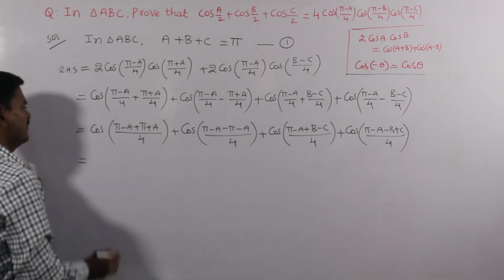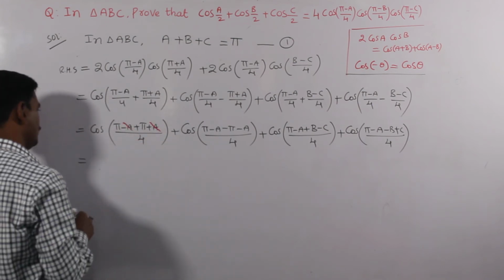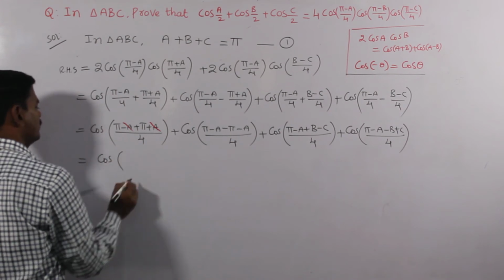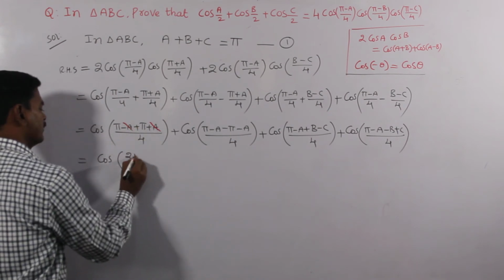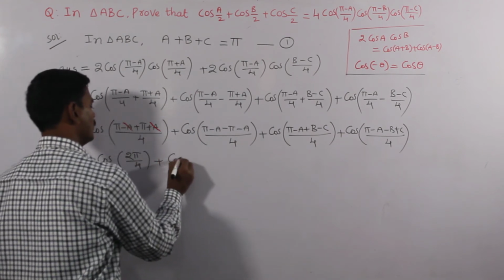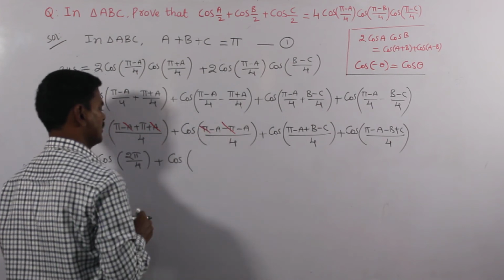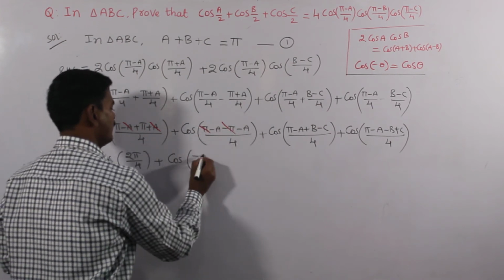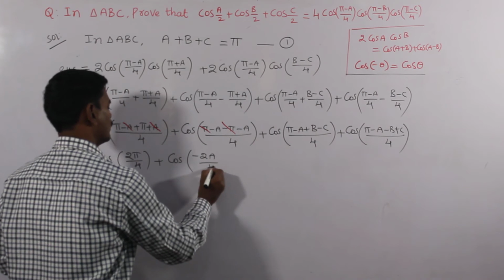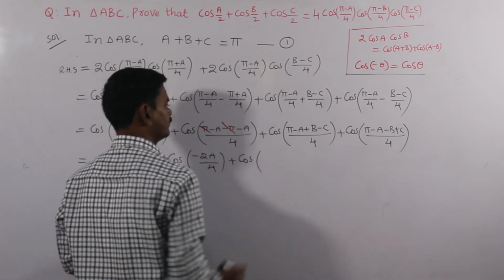Now the possible simplification: plus a and minus a cancel. So cos of (pi plus pi) that is 2 pi by 4, plus cos of, here minus pi plus pi gets cancelled, minus a minus a, that is 2a by 4, plus cos of, here...